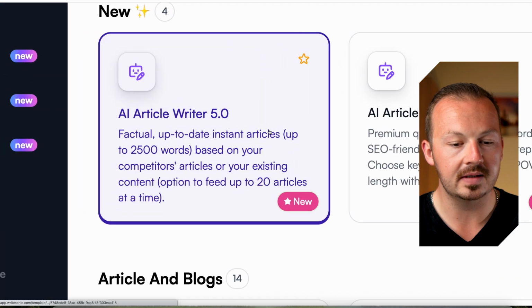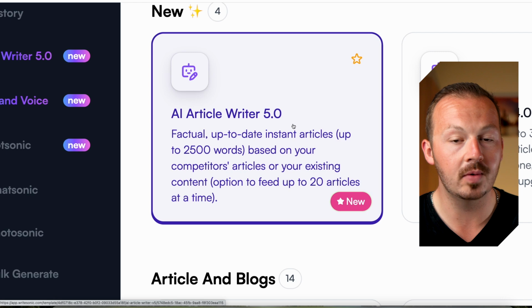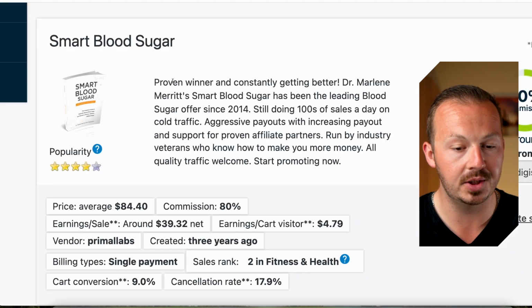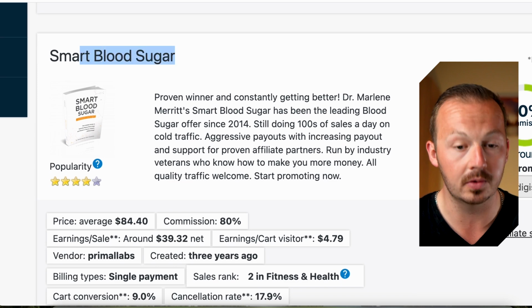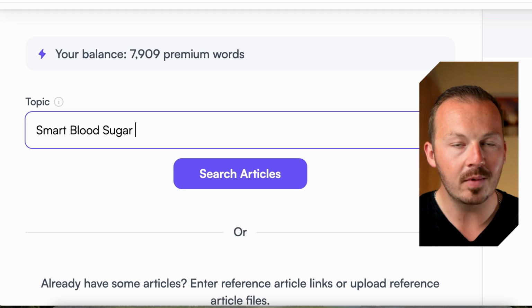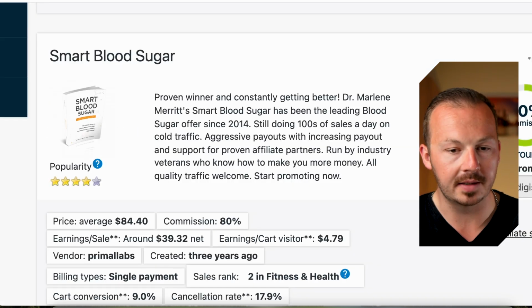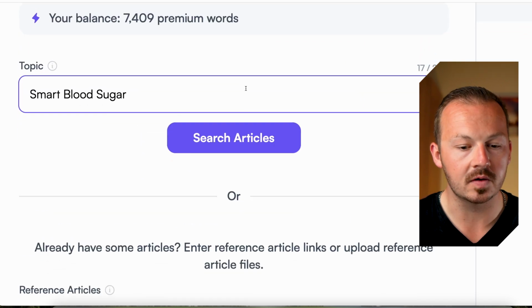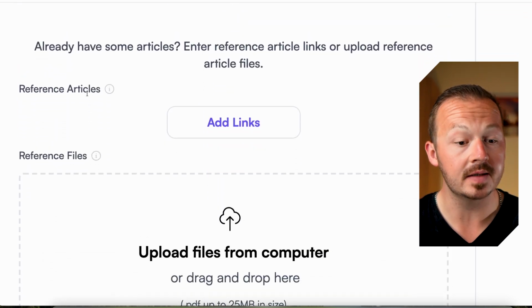So what you want to do is just go to this AI Article Writer 5.0 and start generating a high quality article regarding this affiliate product, which in this case is Smart Blood Sugar. Just go to this section where it says topic, and write there the name of the product, which in this case is Smart Blood Sugar, and just click on search articles. Then scroll to this section where it says reference articles, and